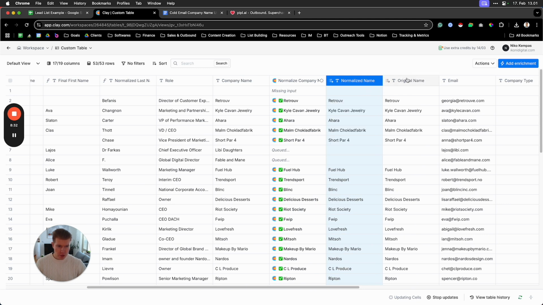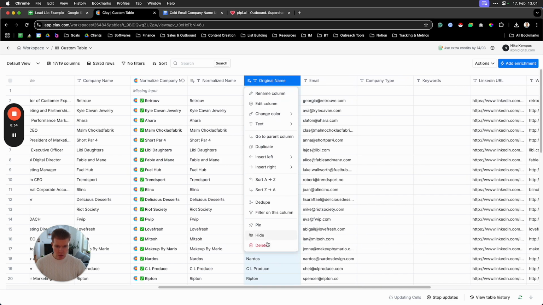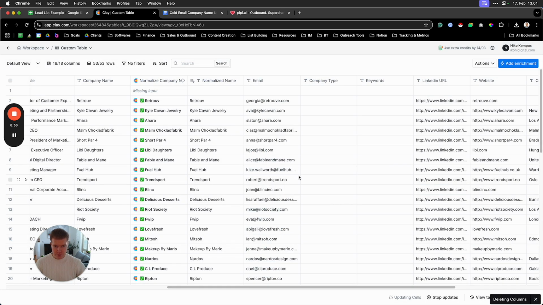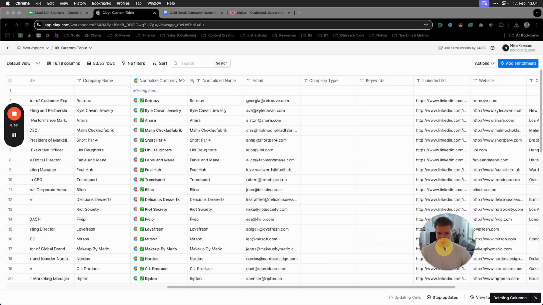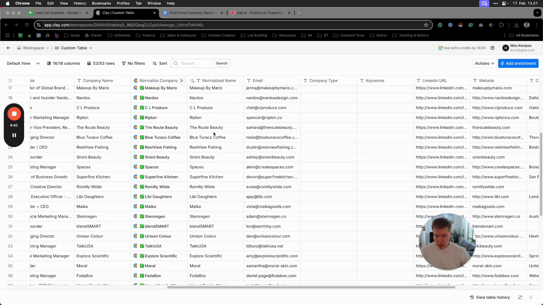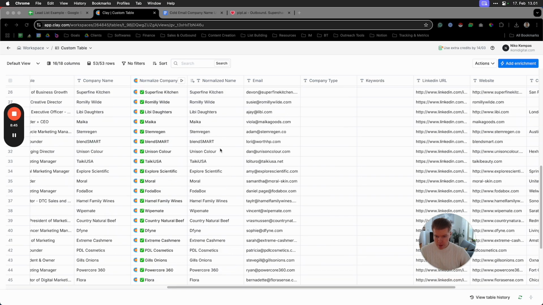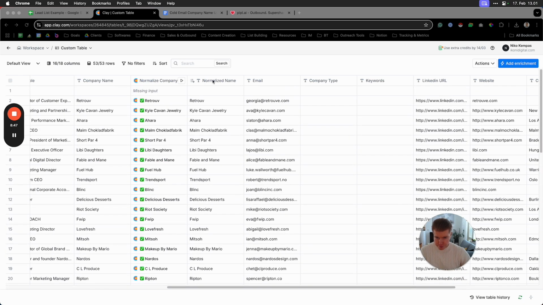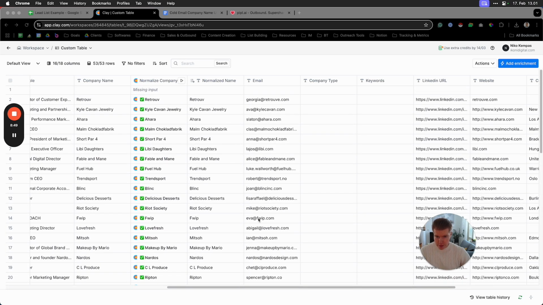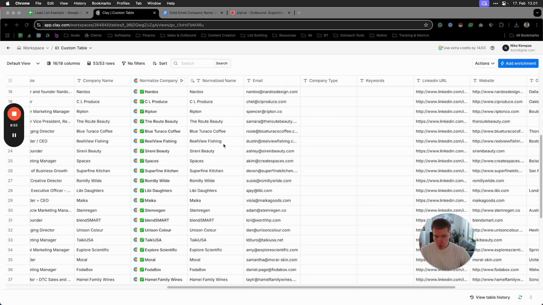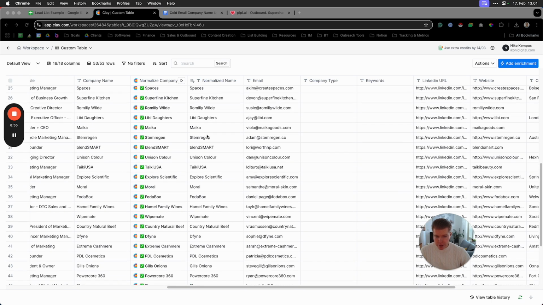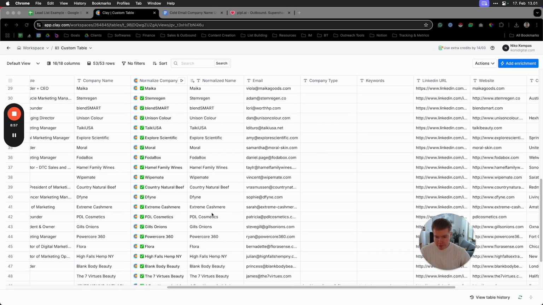Actually, you don't need this column here. So there's the normalized company name. And that's that. The one issue with this is that it will correct most of the names, but